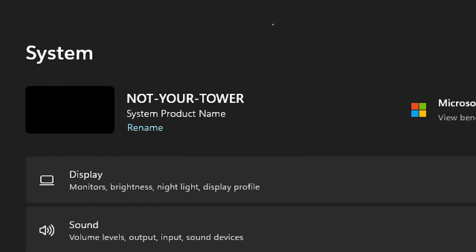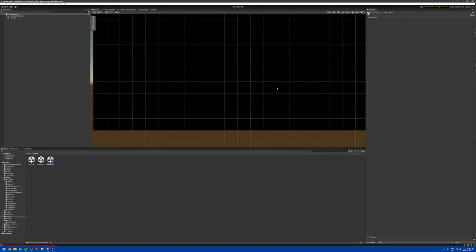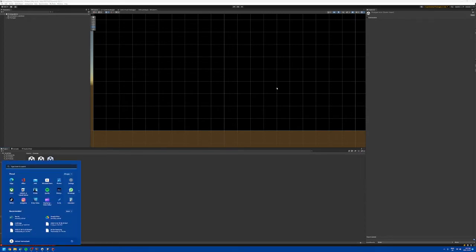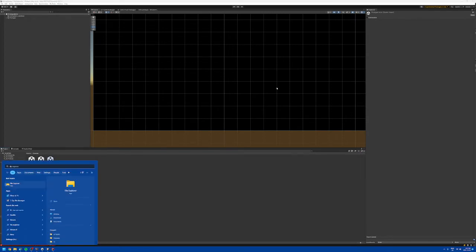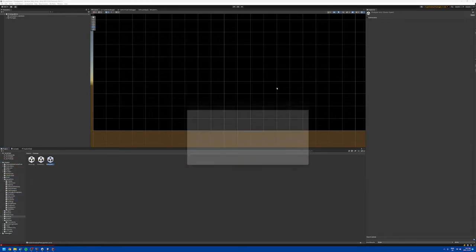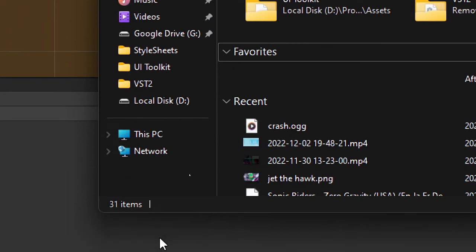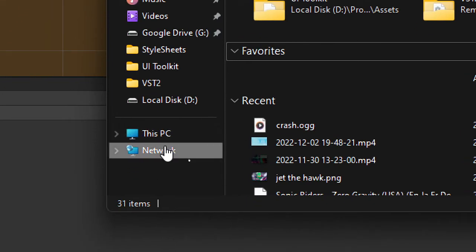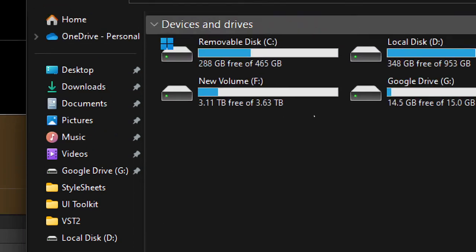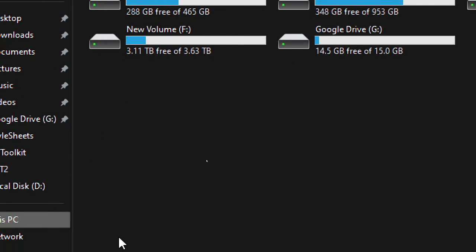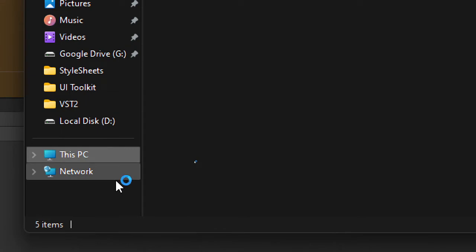And you can see here that it is not your tower, right? But that's not what I wanted to see. I wanted to see this PC folder in File Explorer. Now guess how you have to get there. You have to specifically click or search File Explorer, which will then take you to the quick access screen. Then you have to go to this PC. And hope like hell you're not drunk or have a migraine and accidentally click network while streaming. Anyway, that aside,